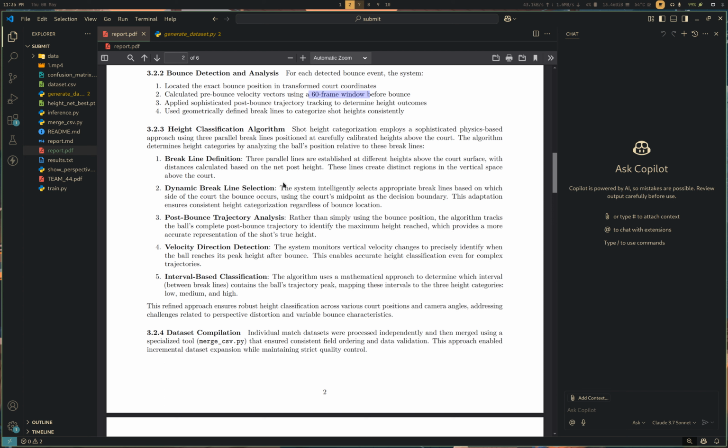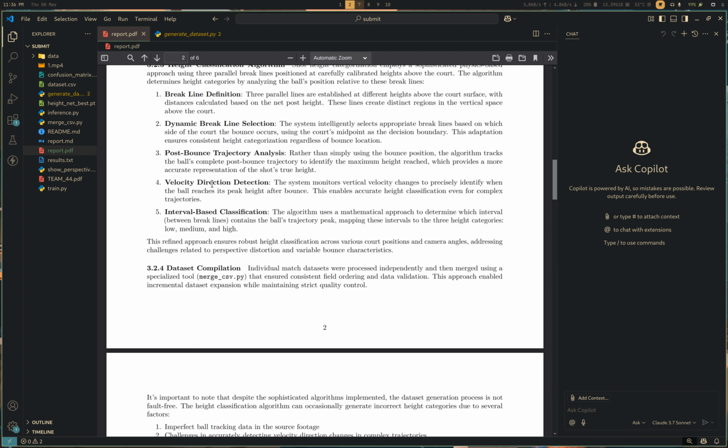First we define the break lines based on the net post height. Then we dynamically select the break lines based on which section the ball is currently in, the left side of the net or the right side of the net. Then we analyze the trajectory of the ball after the bounce event occurs to calculate which section the ball passes through.